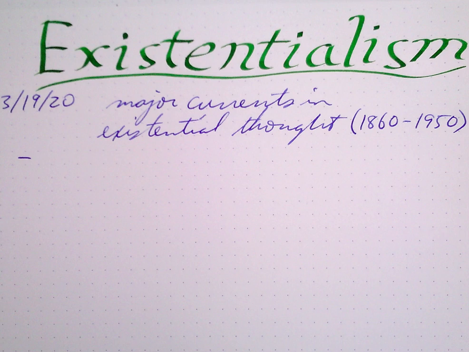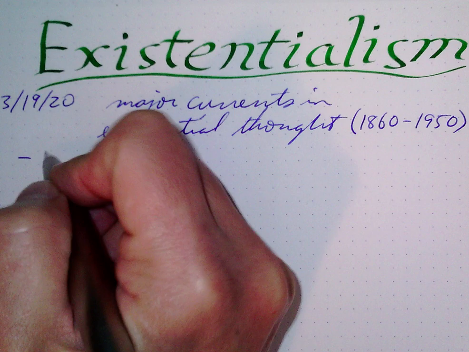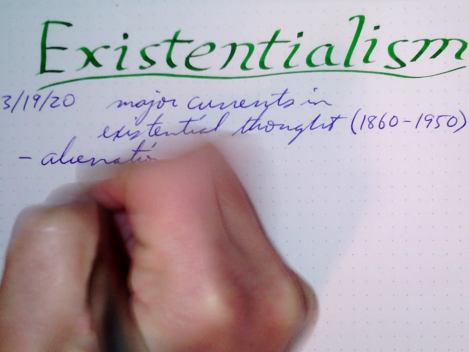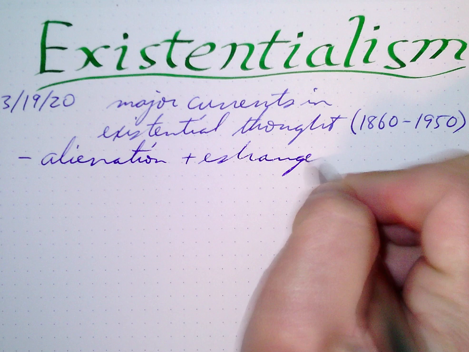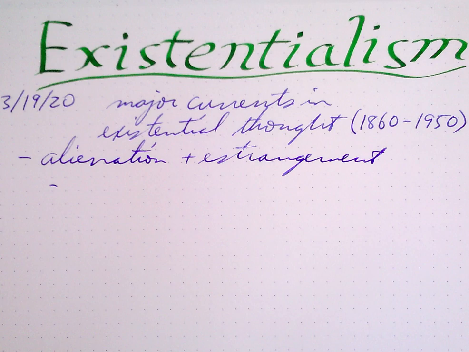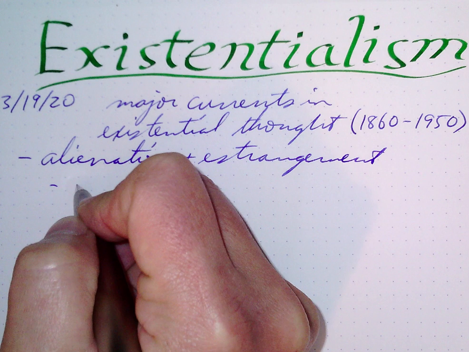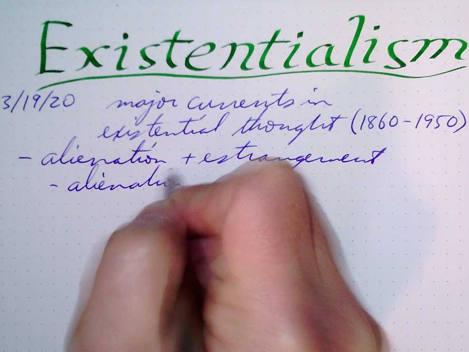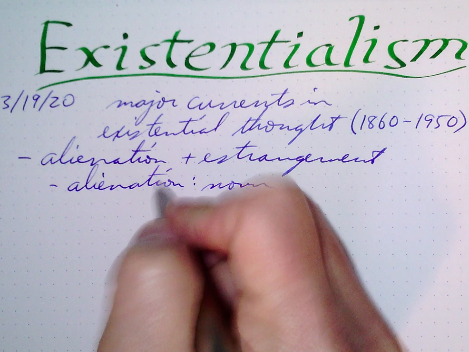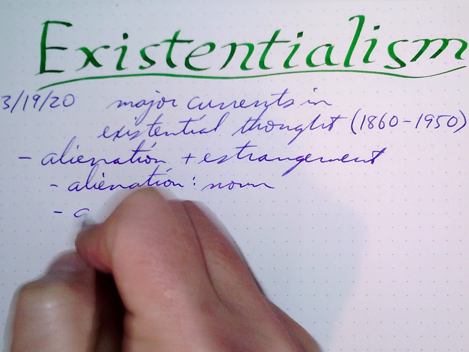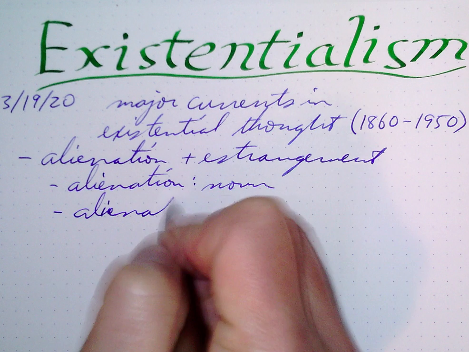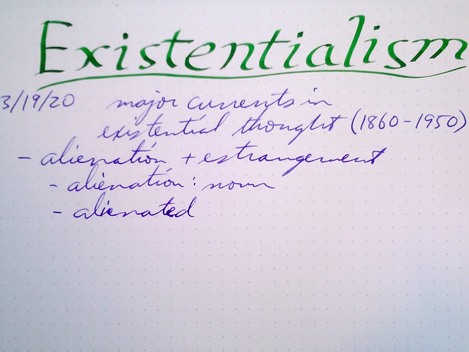So our first 2 concepts that I want to look at are actually a couple key words and some variations on those words. So the first thing is this idea of alienation and estrangement. So let's think about what those words mean, but also, as we think about what those words mean, I want to think about some of their derivatives. Alienation is, of course, the noun, and it's the feeling of being alienated, right? But we also have the verb form, alienate, but I'm going to put it here as alienated, because we usually think about this as a verb,